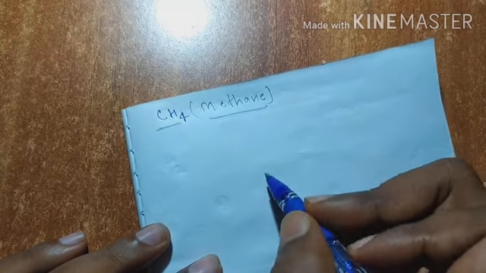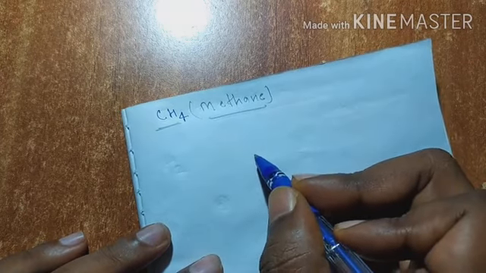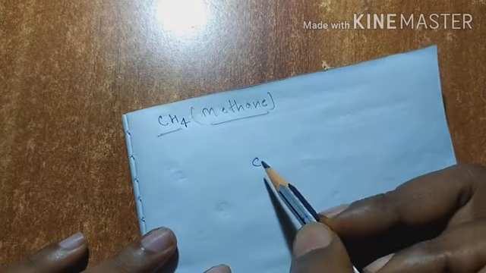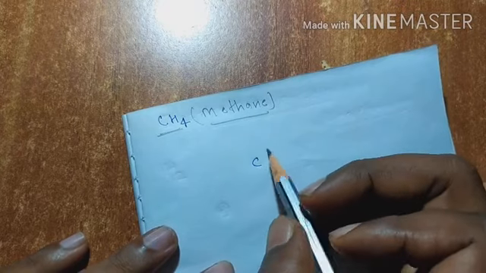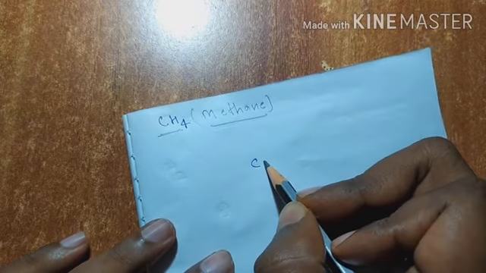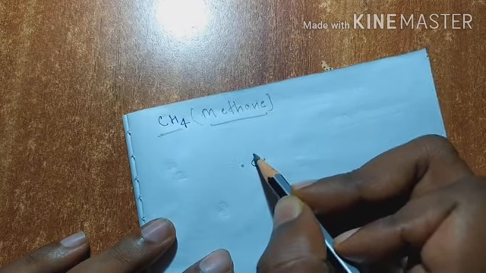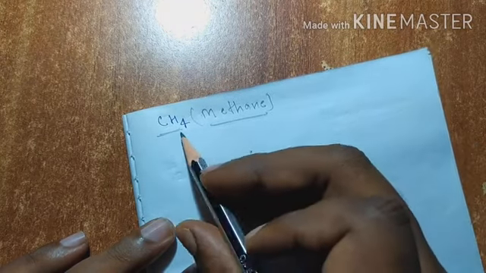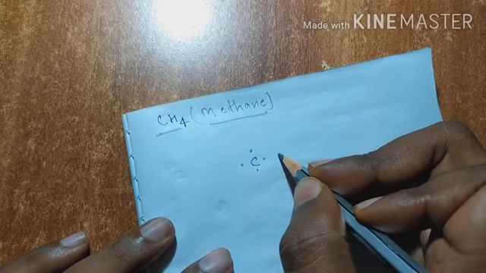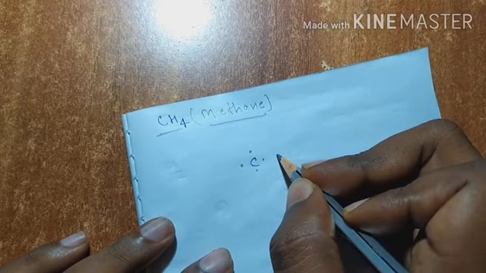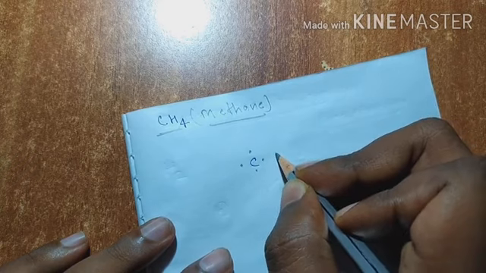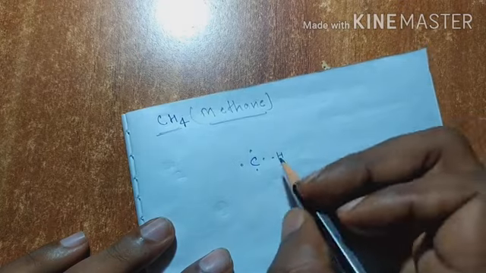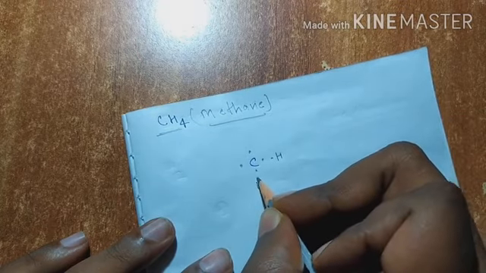So here in the center we will make carbon, and we know that there are a total of 4 valence electrons in a carbon atom. So we will show 1, 2, 3, 4 electrons. There are 4 hydrogen. So put a hydrogen here. One electron,